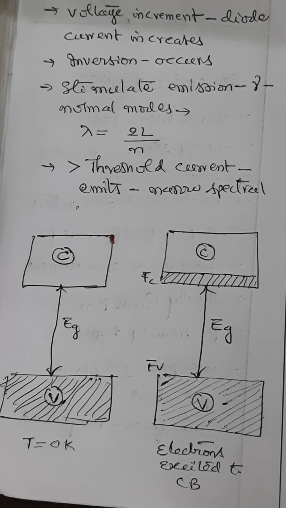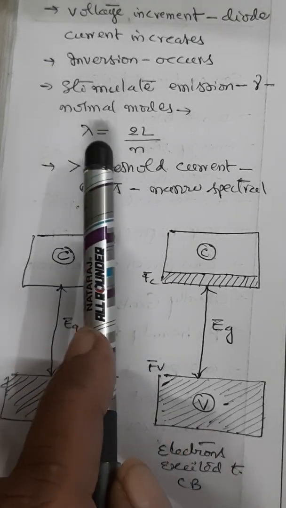But when the external voltage is applied, what we call forward bias, the electrons flow to the P side and holes flow to the N side. And because the applied voltage is increasing, the diode current gradually increases to such a saturation point where you can find significant population inversion. So the stimulated emission occurs at frequencies corresponding to normal modes of the cavity, whose wavelength can be calculated using this